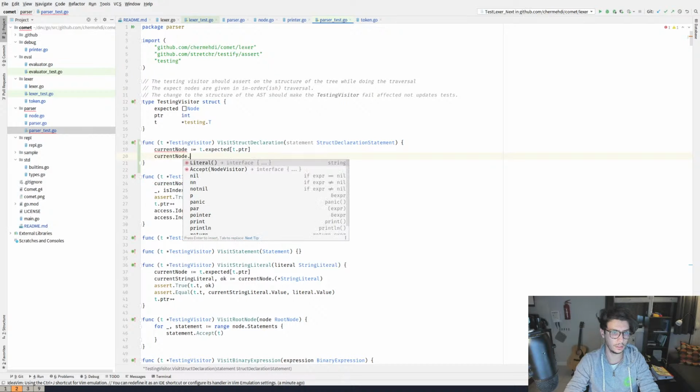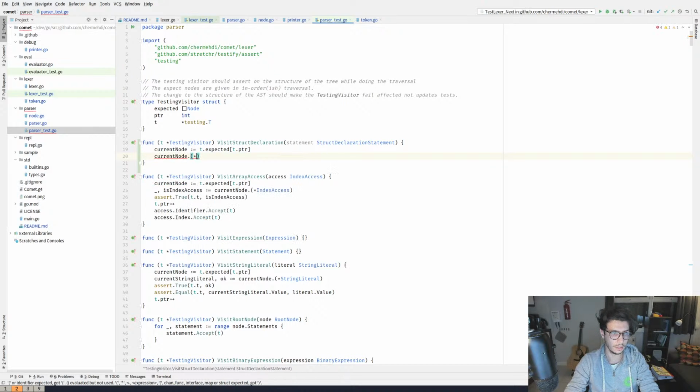Current node dot, I'll try to cast it to a struct declaration statement and say that struct.